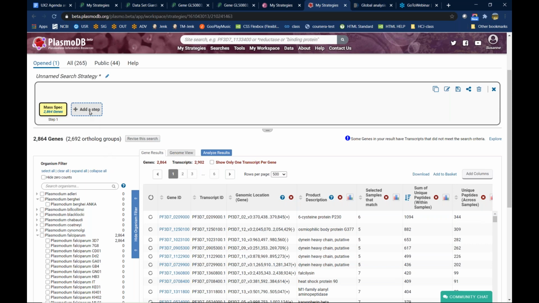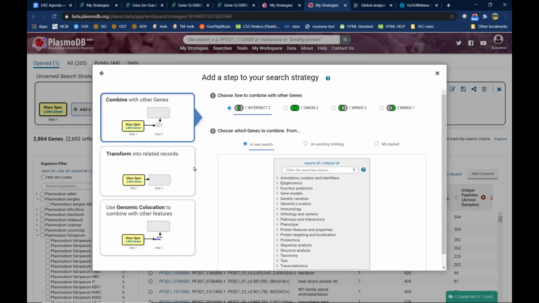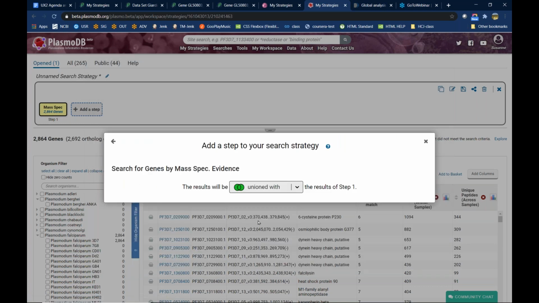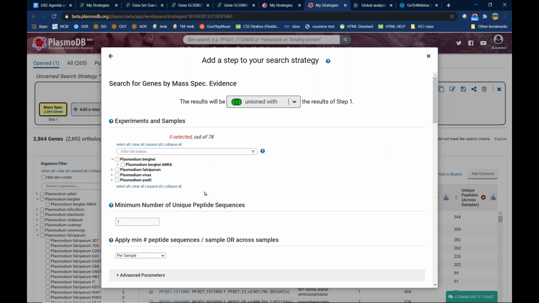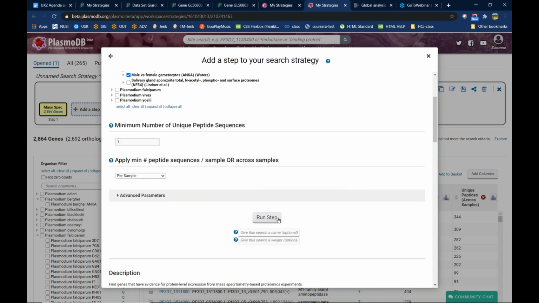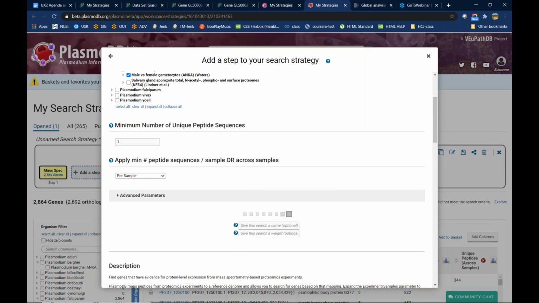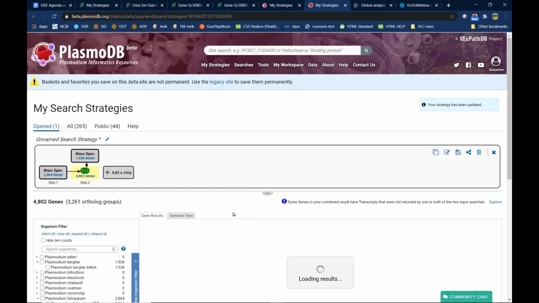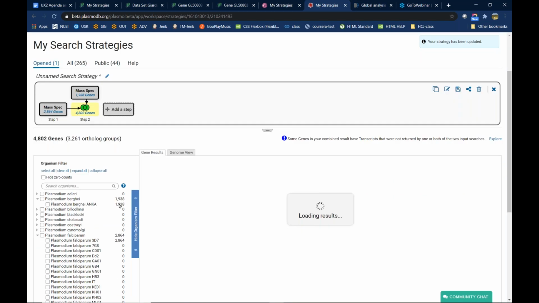But we know there's more evidence to be interrogated here, right? That P. berghei experiment. So I'm going to click Add Step and say union my first experiment with a new search for peptide-based data in P. berghei. And I'll choose male and female gametocytes and run that search. Right, and now I have 4,800 genes